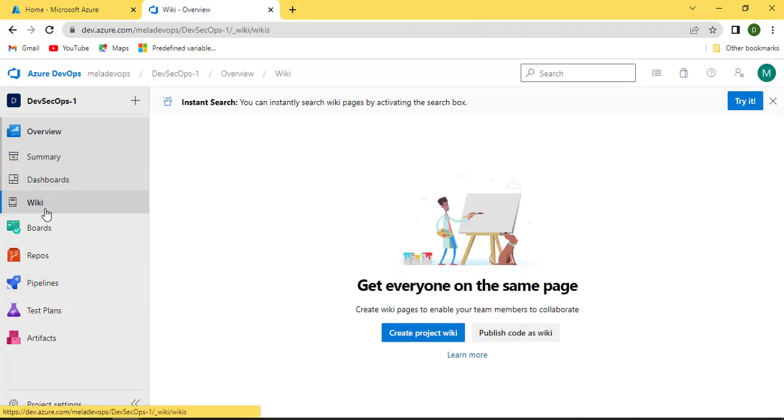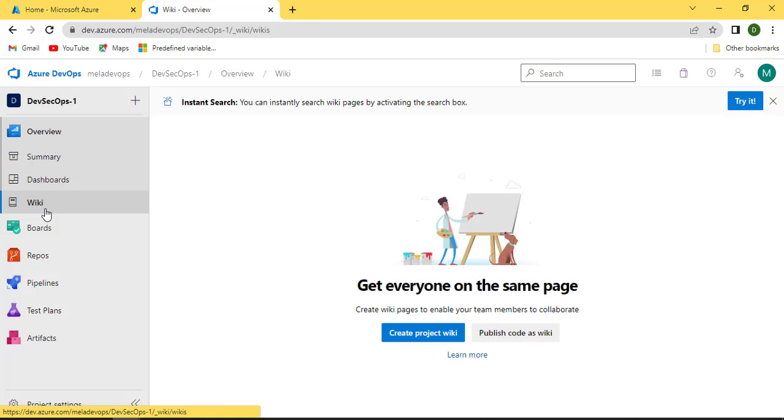Now there's one more tab called Wiki. Wikipedia is Wikipedia, we are all aware, correct? What do we have at Wikipedia? The white pages, the information regarding any topic. If you want to know more about any topic, you go on the wiki and you go through the pages. That is what wiki is all about. So this is a Wikipedia for your project.